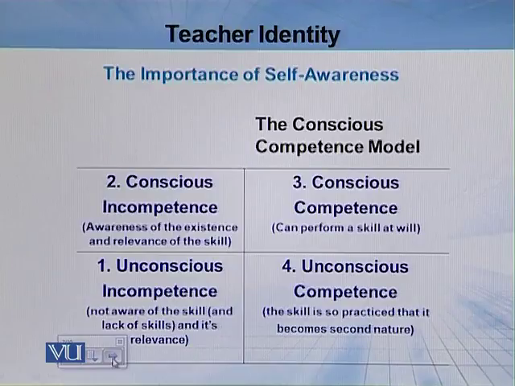The third quadrant is conscious competence. This is where the reflective practitioner becomes more aware of the skills that they do have. And then finally, the fourth quadrant, unconscious competence. This is where reflective practice seems very easy, where the teacher, the reflective practitioner, is unaware of what they do